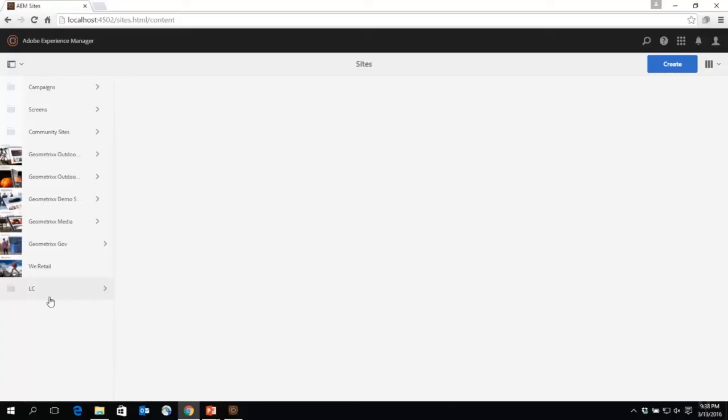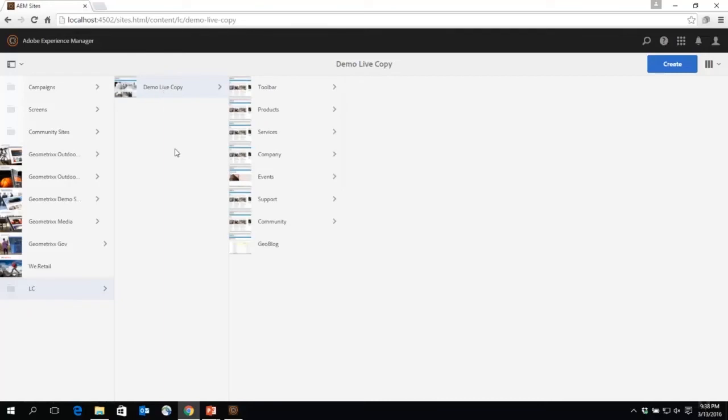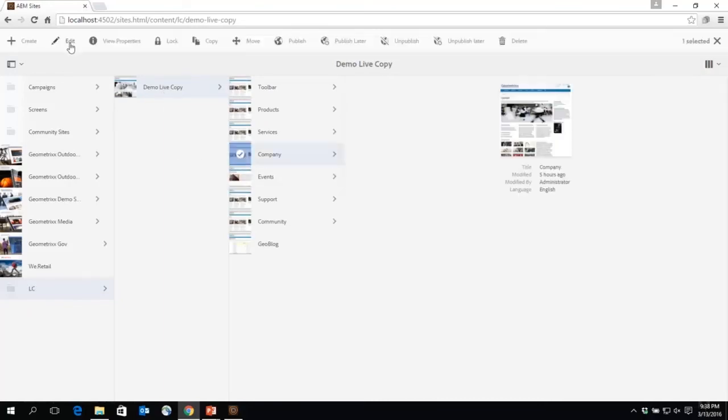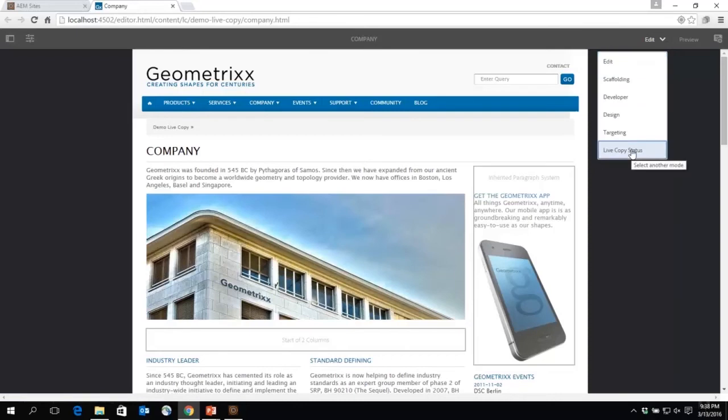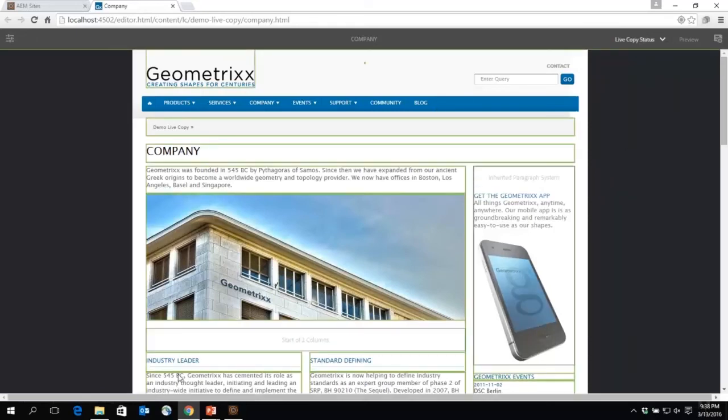In AEM Sites, I'm going to go to our LC folder, Demo Live Copy, and I'll open up the company page. Select Edit. Once the page opens up, if I want to see a global view of what components are linked to the source, I can simply select the Edit and the live copy status, and everything in green is linked. So I'm just going to go back into Edit,